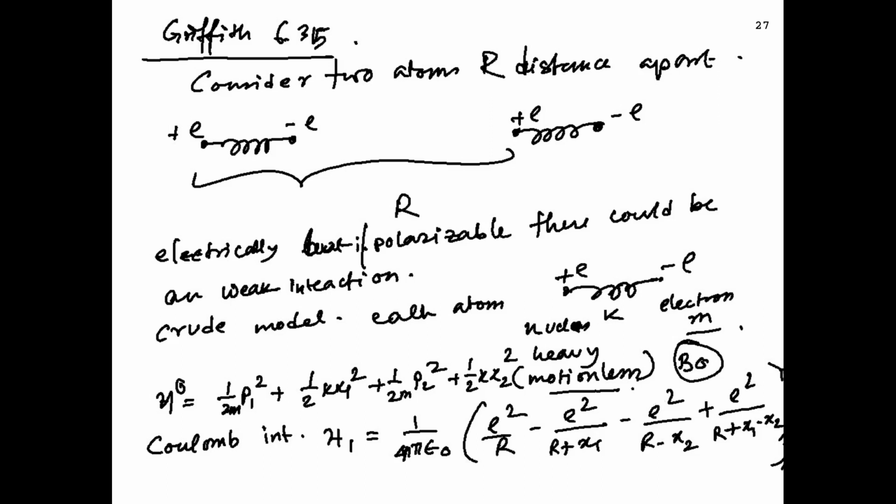Now there is another interesting problem which I want to discuss. This is from Griffiths 6.35. It's an interesting problem because you have used van der Waals equations a lot of times, and this gives you an idea where the van der Waals force or van der Waals potential comes from. So let's say I have two atoms which are r distance apart. They are electrically neutral, so there will be no electronic attraction or repulsion between them. But an atom is made of a positive part and a negative part. So let's say this is the positive part, which is the nucleus, and the negative part is the electron, and they are coupled by some spring. So there is some distance between them.